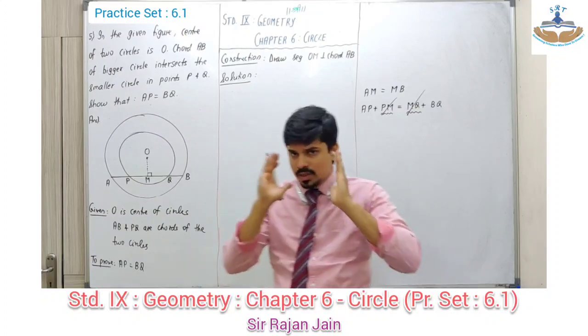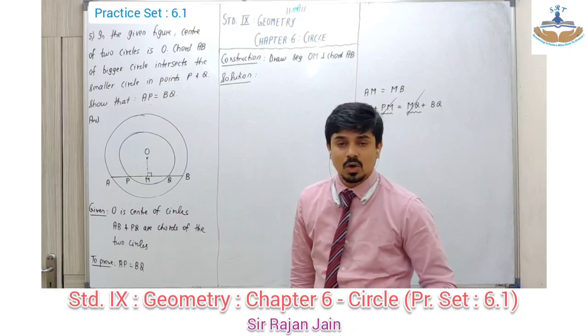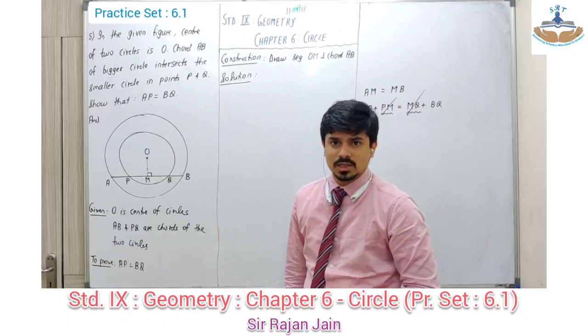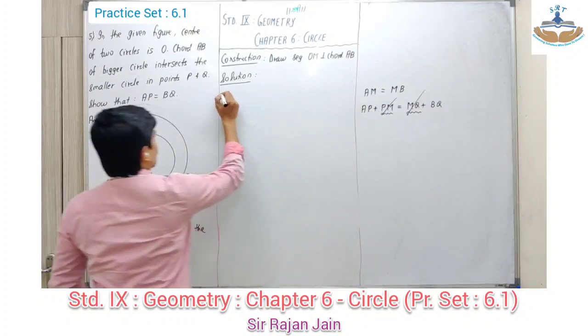Getting my point? So what you need to do is perpendicular drawn from center of the circle to the chord bisects the chord. You have to apply twice. Once for the bigger circle and once for the smaller circle. Clear? Okay. अभी वो perpendicular दोनों chord के लिए पहले वो मैं prove करता हूँ.